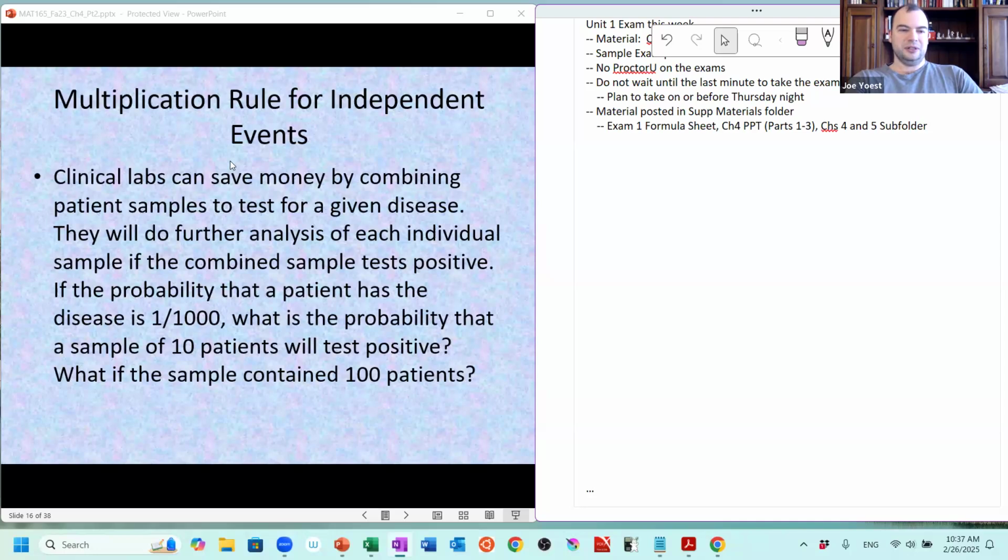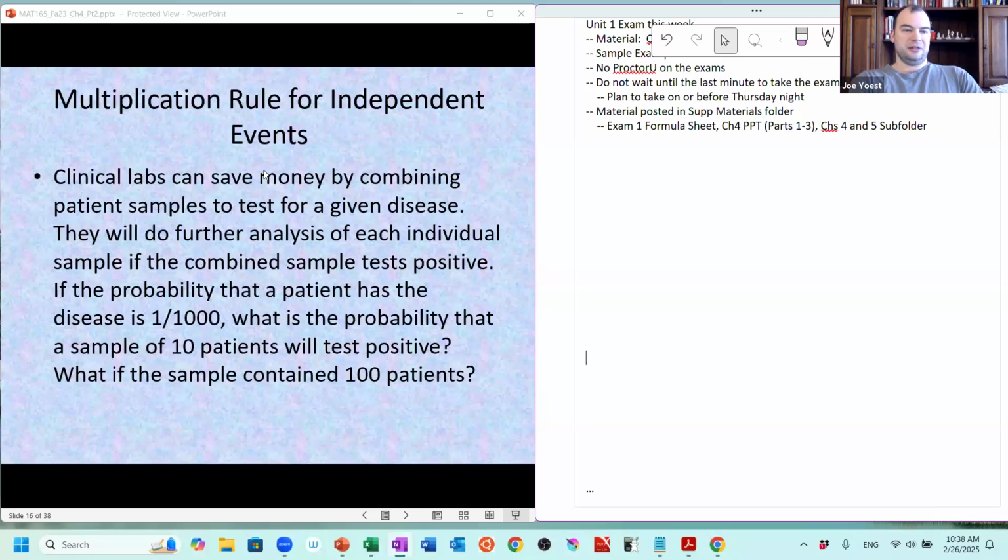So let's suppose we're testing for a certain disease in a clinical laboratory setting. One way that we might be able to save some money, or back in COVID, one of the issues was actually saving resources. Can we save reagents, the chemicals that are used to perform these tests? Or resources like tech time? When some lab techs were sick, there weren't a lot of them and there was a huge demand for running samples. Can we make better use of our tech time, for instance?